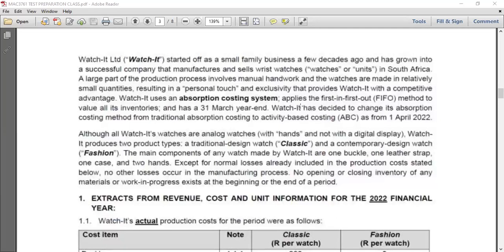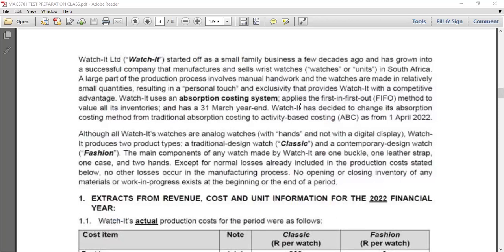Watch It uses an absorption costing system. When we are using the absorption costing system, it simply means that in our inventory costs and our cost of sales, we would include both fixed and variable production costs when valuing our inventory. And they apply the first in, first out method to value all its inventories, and there's a 31 March year end. When we apply the first in, first out,